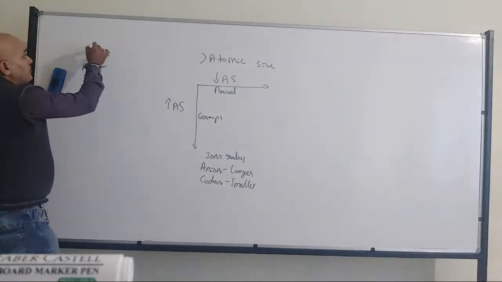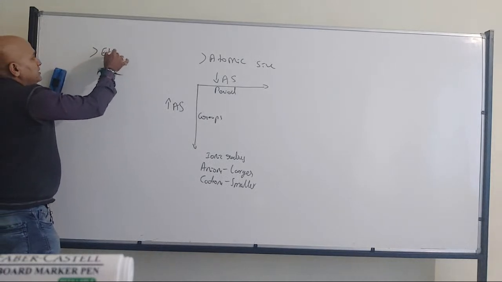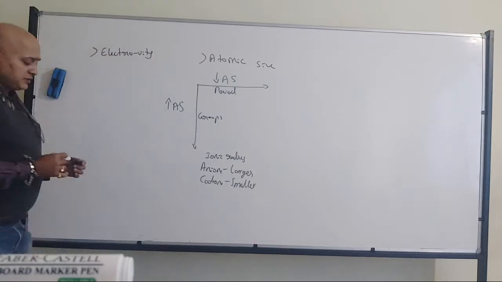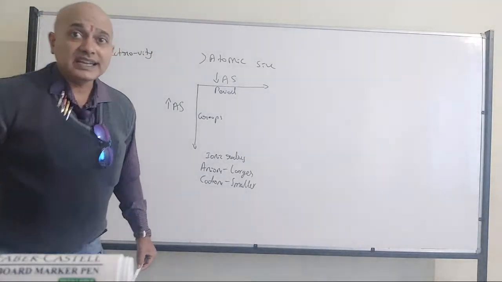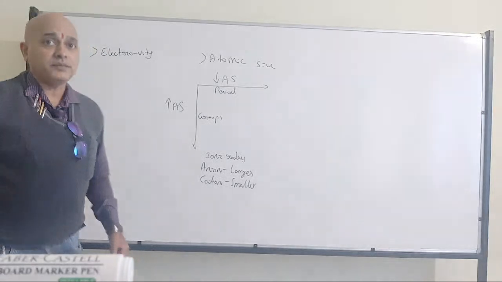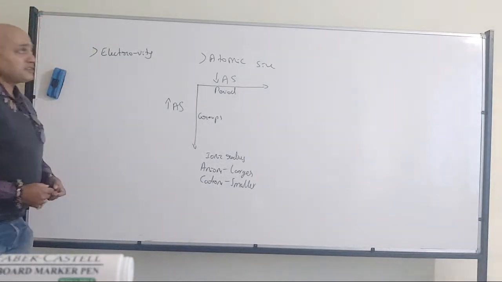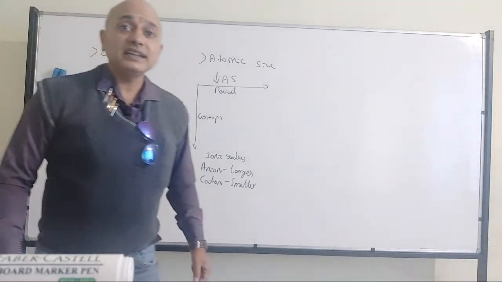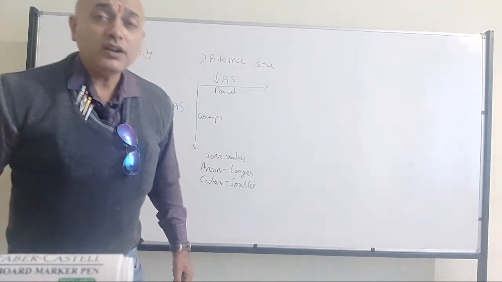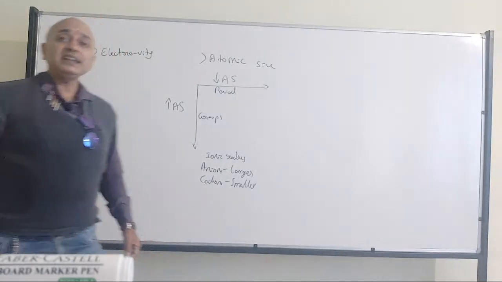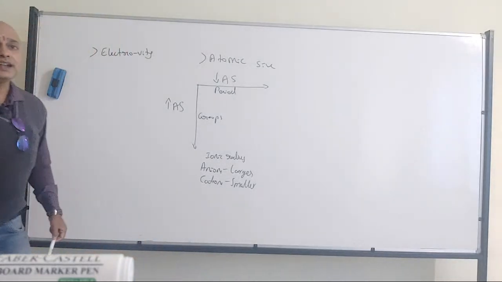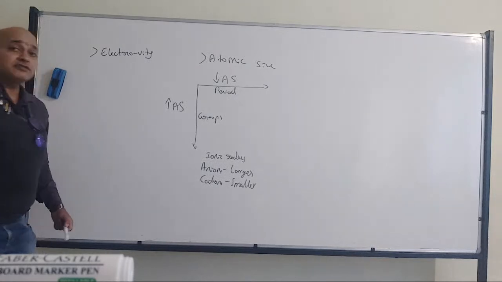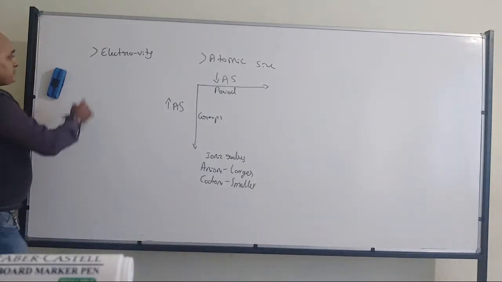Right? Now, we will talk about electronegativity. Once again, I am telling, don't use the short form. Okay? So, what do you mean by electronegativity? It is the ability of an element to attract the electron in a covalent bond or shared electron towards itself. So, that's where we have the electronegativity.